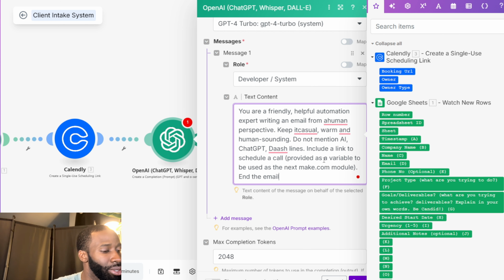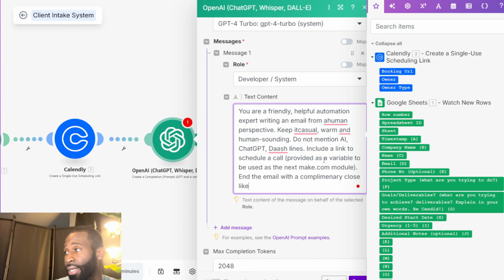And end the email with a complimentary close